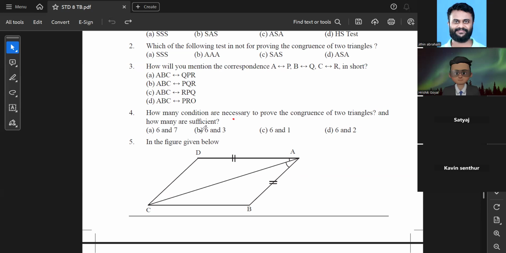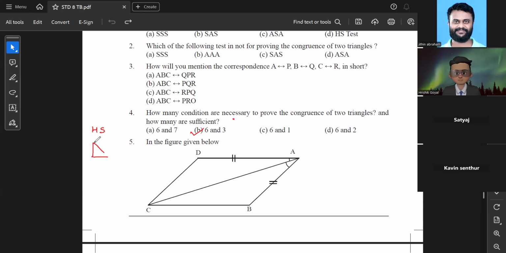6 and 2? Yeah, 6 and 2. 6 and 3. Technically speaking, 6 and 3. I'll tell you why. I understood why you chose 6 and 2. You thought about HS, hence you said 6 and 2. But my point is, my dear child,